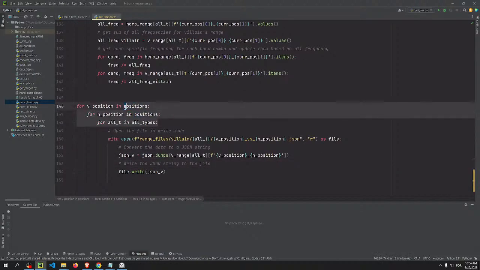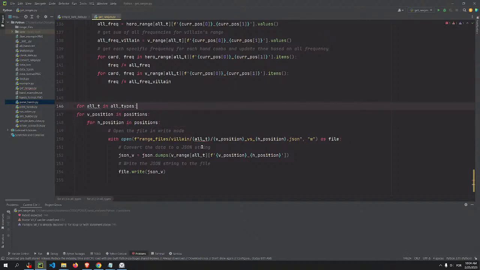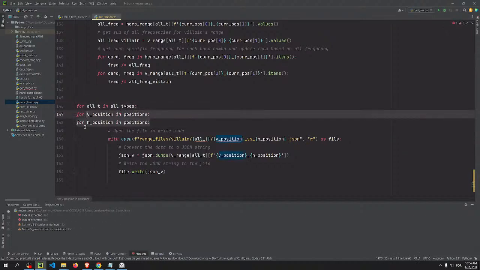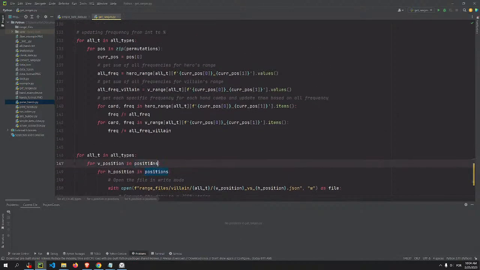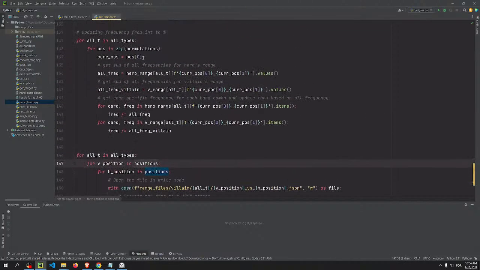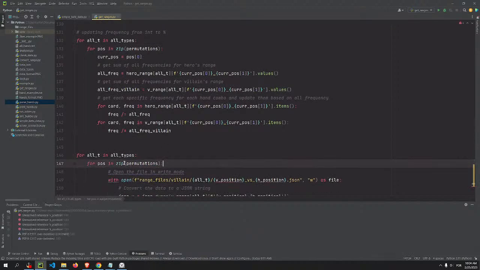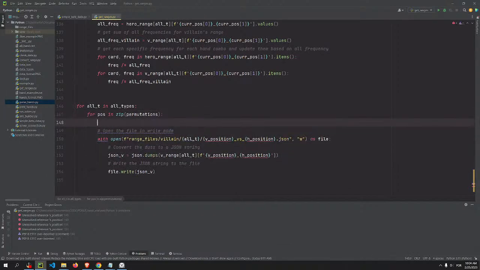So this gets all possible combinations, I think, for all the types, and then maybe I should do the other way around, where this one is on top, but I don't think it matters that much, because it's gonna go over all of them anyway. And then I'm looping over this twice. Maybe this is the part that is a problem. I think I should do this loop here instead, because this gets all the permutations, and then I can just do,